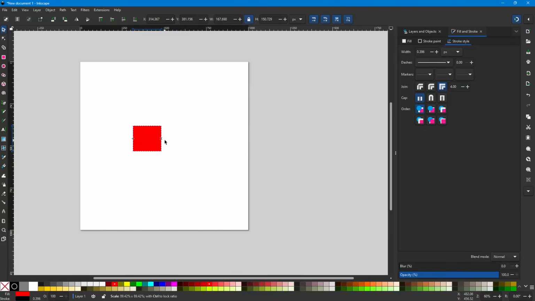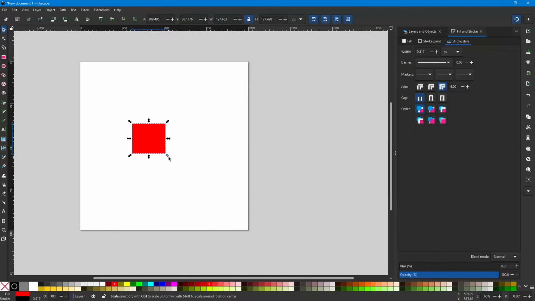But watch what happens if I hold down Control and Shift. See that plus moves to the middle, and now it's expanding all from the middle. All four sides are growing. So that's the difference with the Shift key. Anytime you want it to grow and expand from the center of the object, you hold down Control and